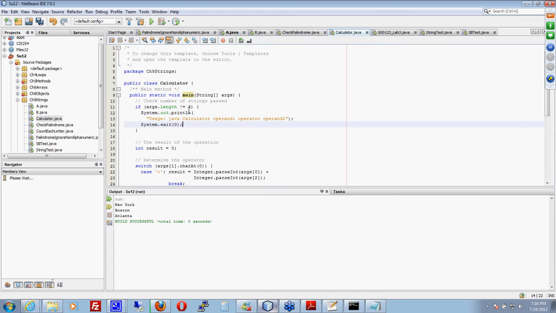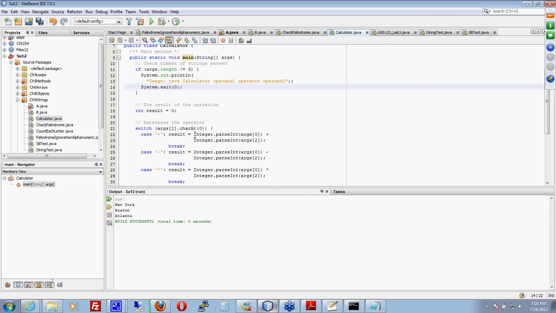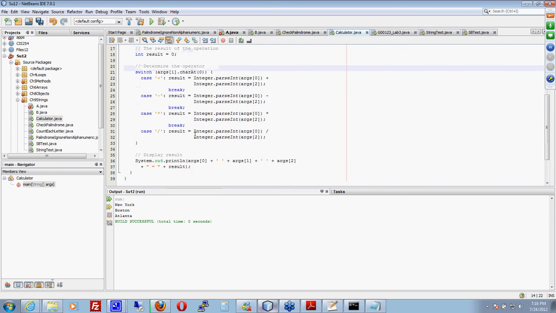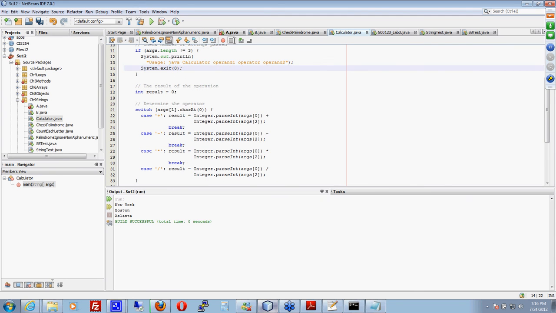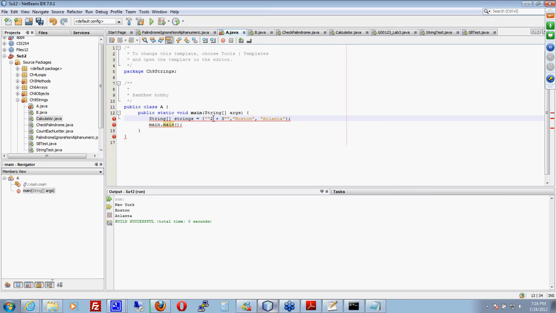So if we look at calculator, it wants 3 operands, and then it's going to compare each one. So this needs to be 2. This needs to be a plus sign. That needs to be 3. And then we can say